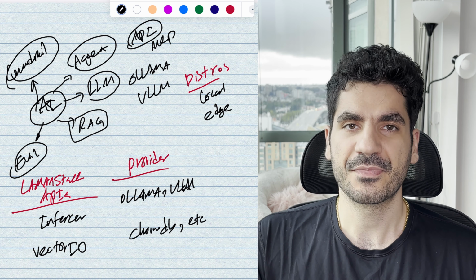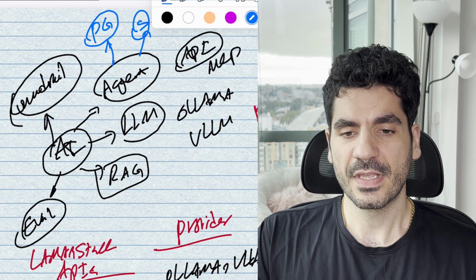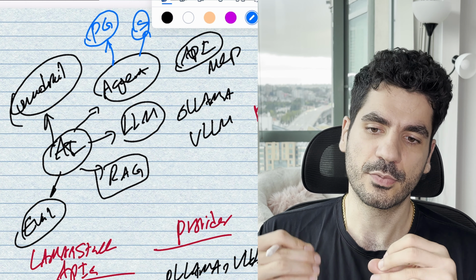So we want our agent to have access to the Postgres database, and also to be connected to Slack. How we do it is that these providers will be available through Postgres and Slack, and our